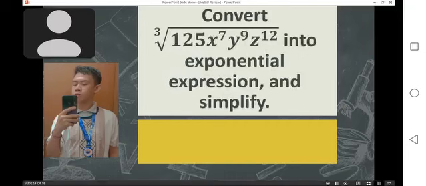Next, we will convert cube root of 125x to the 7th, y to the 9th, z to the 12th into an exponential expression and simplify this. So here we will apply the nth root of a to the nth power. If the index and exponent are the same, then the answer is the radicand. So to simplify,